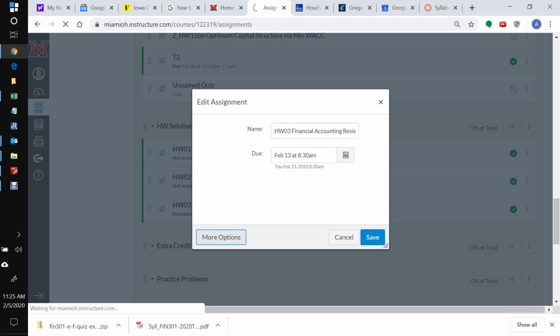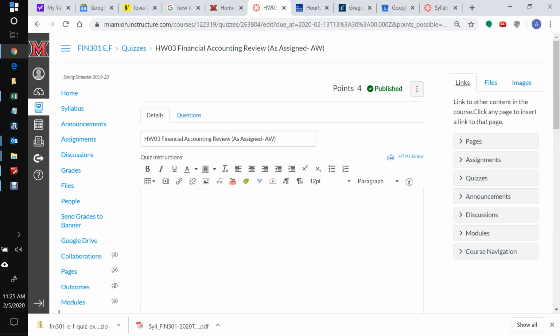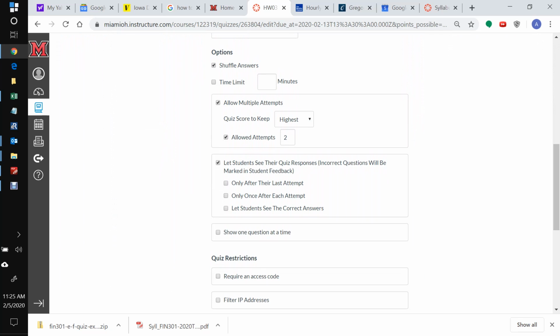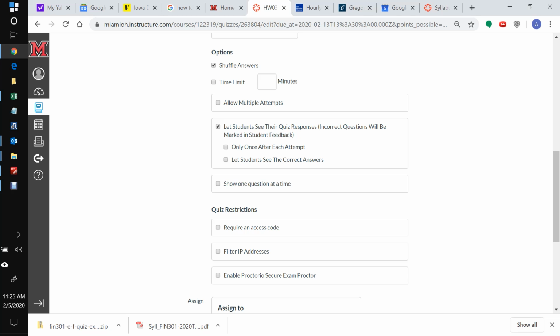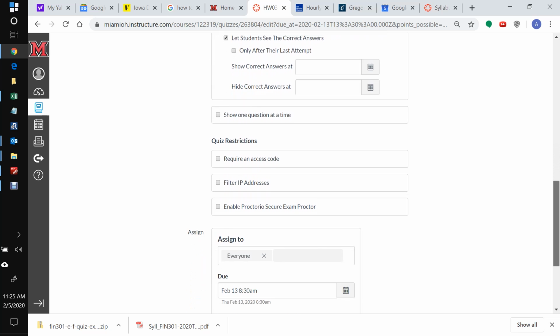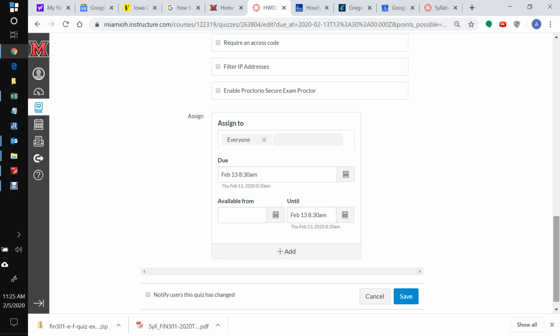Okay, and we'll go to more options. It has its unique identifier, so that's all good. We don't have to muck around with questions or any of that. Allow multiple attempts. We are going to let students see their quiz responses, and we're going to let students see the correct answers. So now you'll see the benefit of that. But we only want students to be able to see this